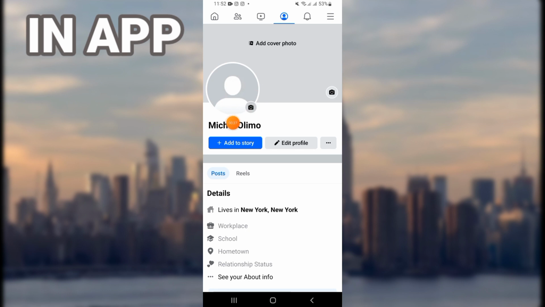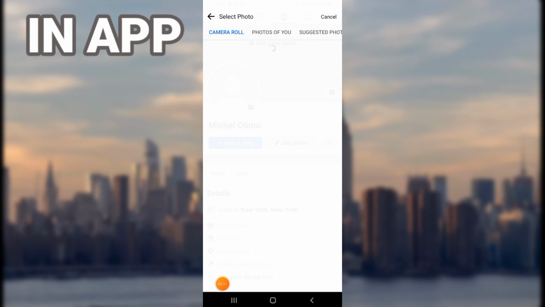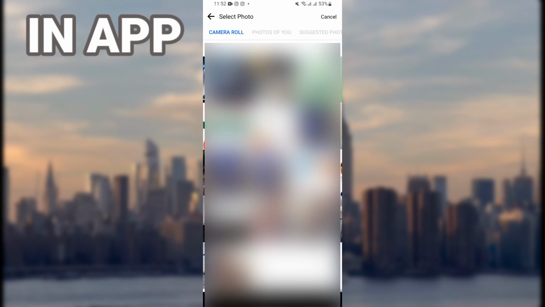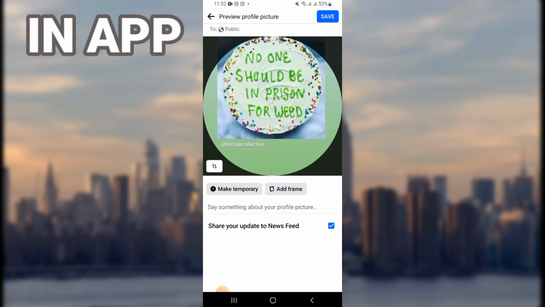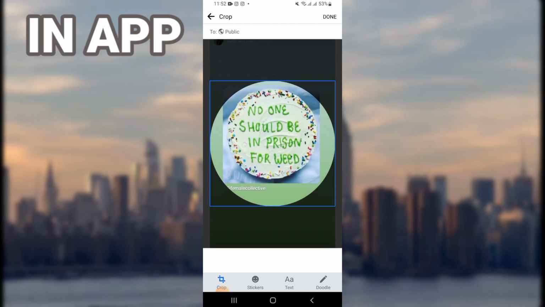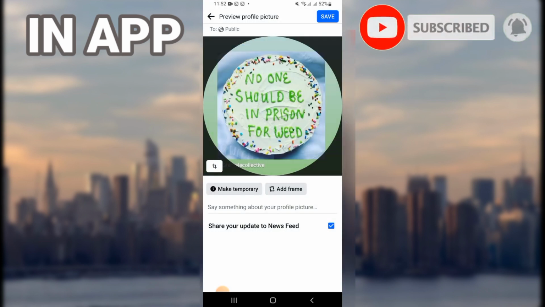I will click here and click on choose profile picture. And from here, guys, you have to choose a picture. For example, from your pictures here, I will choose a picture, for example, this, and I will adjust it like this, for example, and click down and click save,